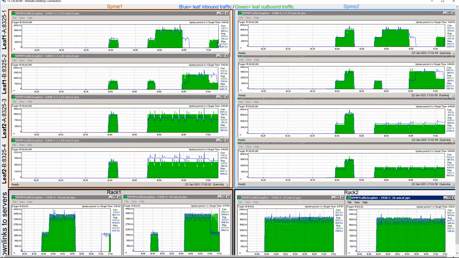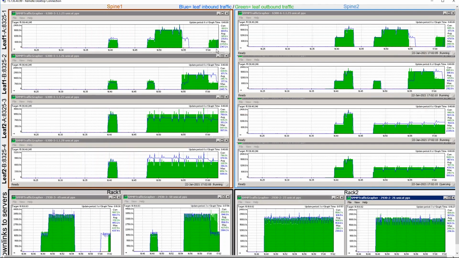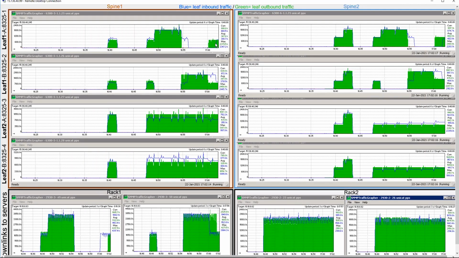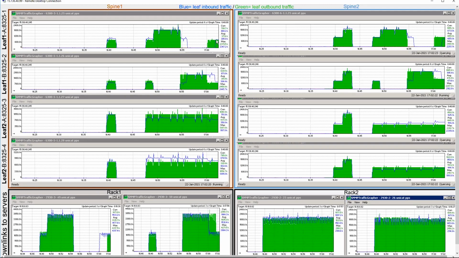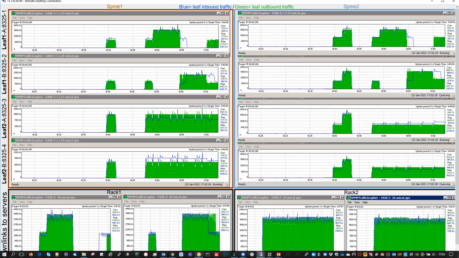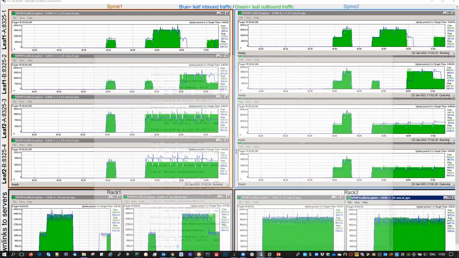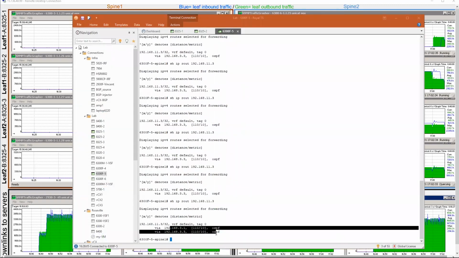It's just a matter of making sure that the primary has time to learn all the BGP routes. Imagine that you have a large network with huge scale. It may take time to learn, so we give enough time for everything to be up and running. Then after this timer, we can participate in the data plane. That's why we have the OSPF max metric in place for a given time after the reboot. So now you can see traffic is also received by the leaf from the spine. This indicates that now I've got equal cost between the two, VSX primary and secondary.